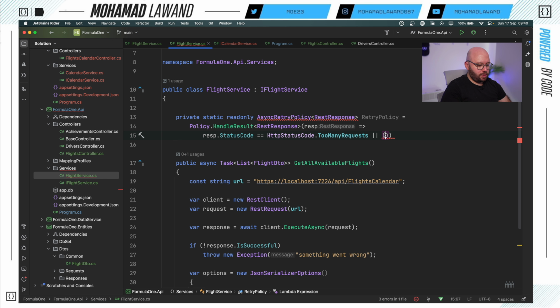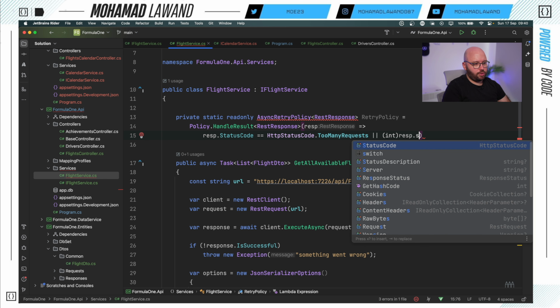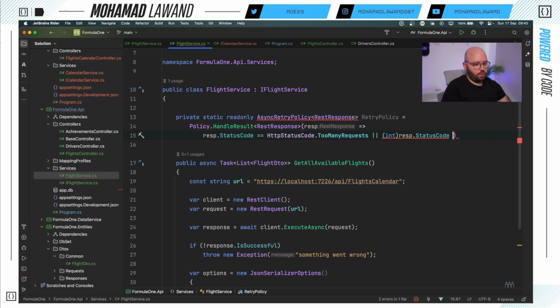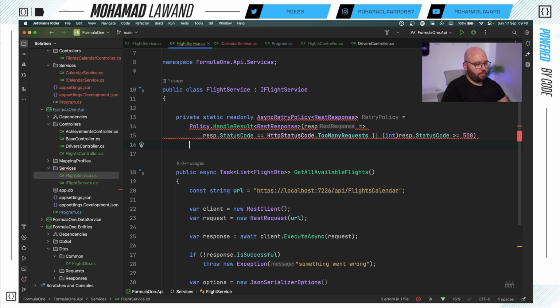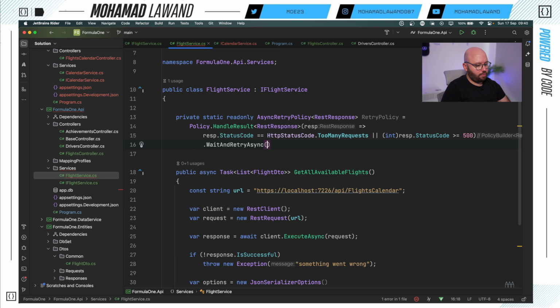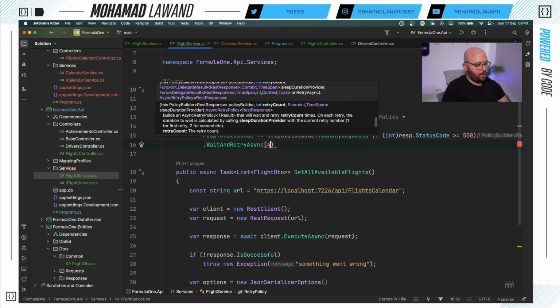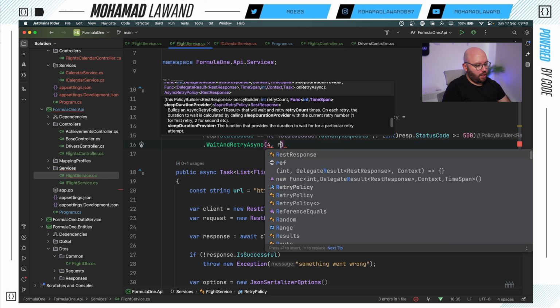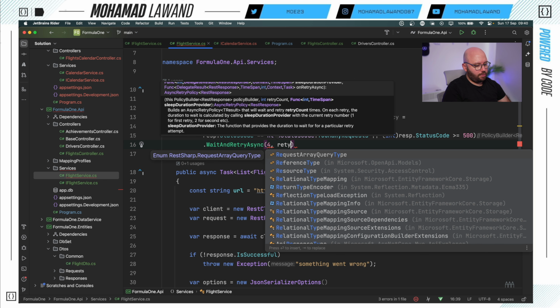And here we're going to say if it is any types of errors, so I'm going to put response.StatusCode bigger than or equal to 500. So in case it's any of that, we're going to do WaitAndRetryAsync. And I'm going to say that it needs to retry 4 times. And for the retry attempt,